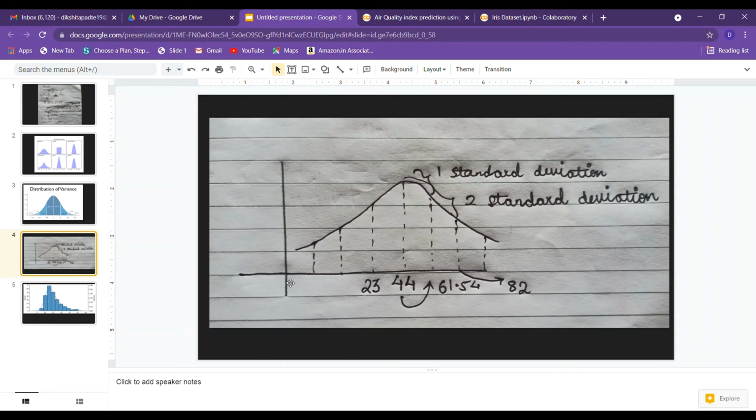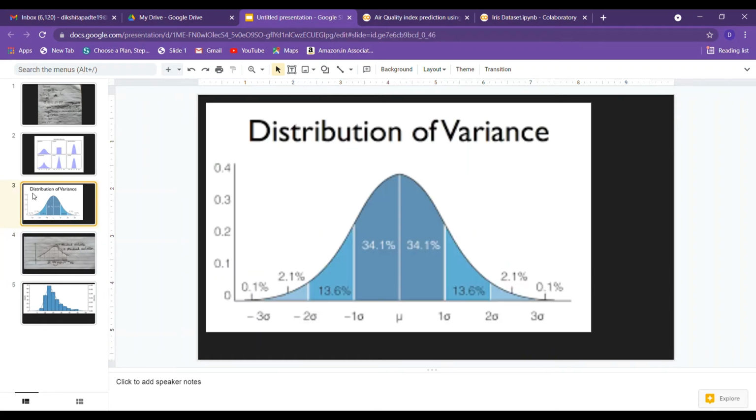That can be calculated using variance and standard deviation. Let's understand it with a clear figure. Here you can see this is your first standard deviation and this is your second standard deviation, and it tells you the percentage. Here you can see 34.1, which means that out of your entire data, 34.1% of your data lies in this standard deviation. Then 13.6% of your data lies in the second standard deviation, and so on.